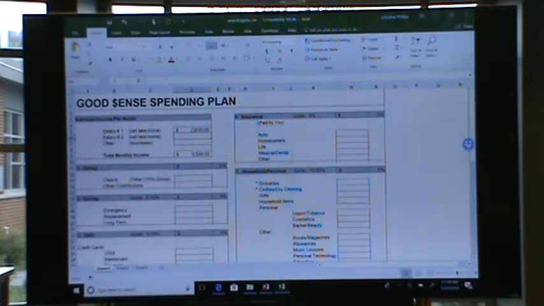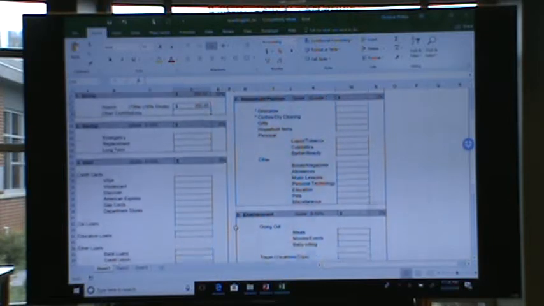And then usually what we do is right off the bat, we'll go to number 1 and actually do the giving, and we'll take 10% off the top before we figure out what's left to use in the other categories. So I'm just going to put 150 in here to show that we're taking 10%. And you can see it does do that calculation, so you can kind of see how much you are giving and set goals as to how to get to a certain percentage if that's one of the goals you want to get towards.